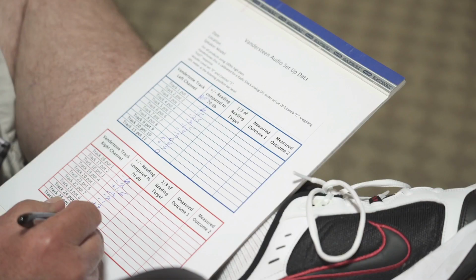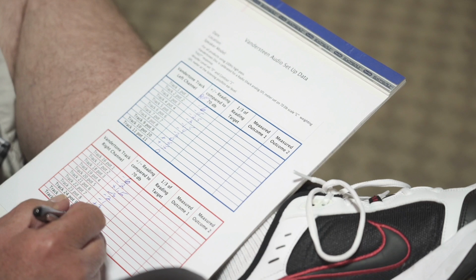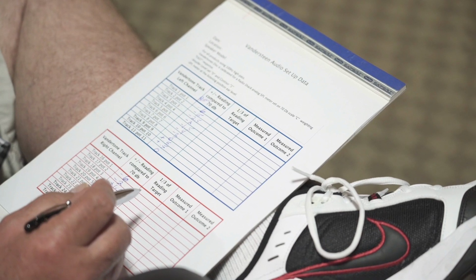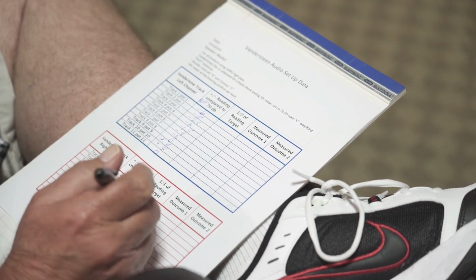Playing track 24. And it still is at -1.5. Track 25. Playing track 25. -0.5 as before. Track 26. Playing track 26. 0 as before. Okay, we now have documented here what the room is actually doing before we make any